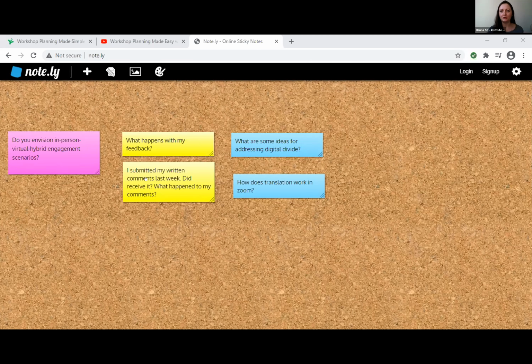And this is another tool to demonstrate that you're hearing your participants, you're capturing their feedback, you're hearing their questions, and you're providing answers. So this is a cute little tool. It's not super intuitive, but it's free, and you can literally pull it up on the fly in your meetings and create this whiteboard and show after the meetings, like, hey, this is what we've captured from the participants. We've heard you. This is a list of questions we got. We're going to work on it. We're going to get back to you. Things like that.